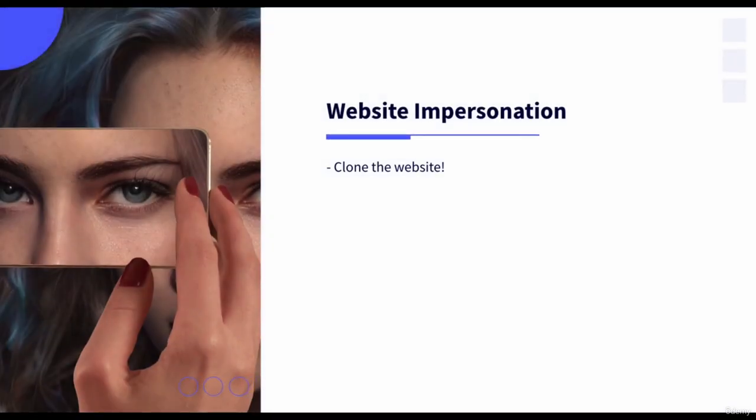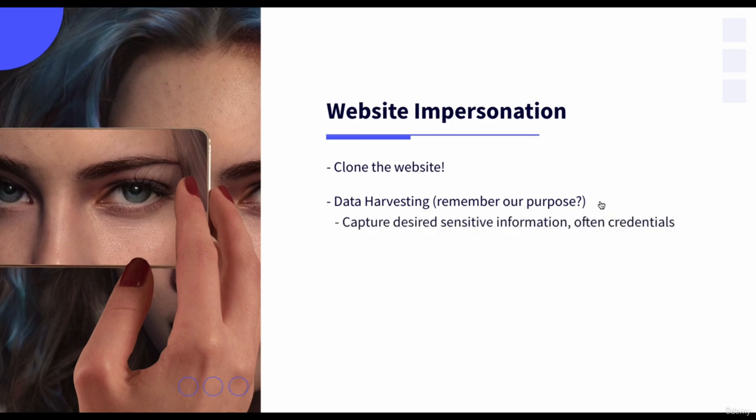Impersonating websites. If we want to harvest credentials such as usernames and passwords, we will most probably need to perform website cloning. After hosting our clone website on a web server, we can then direct our victims via a phishing email to visit the website, and hopefully the victim will fall for it, submitting his username and password for us